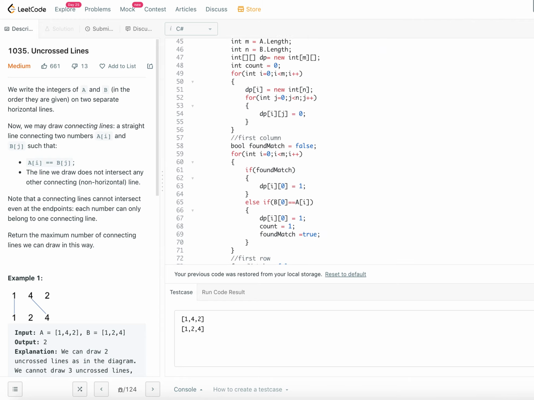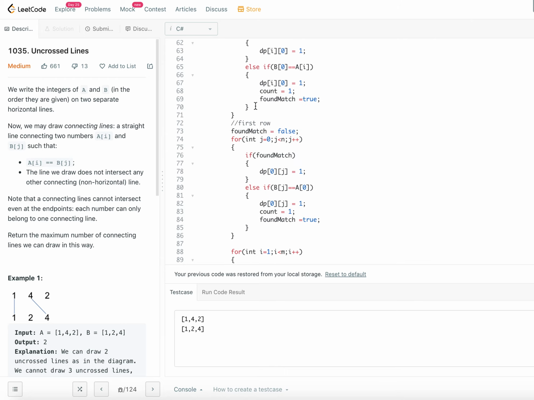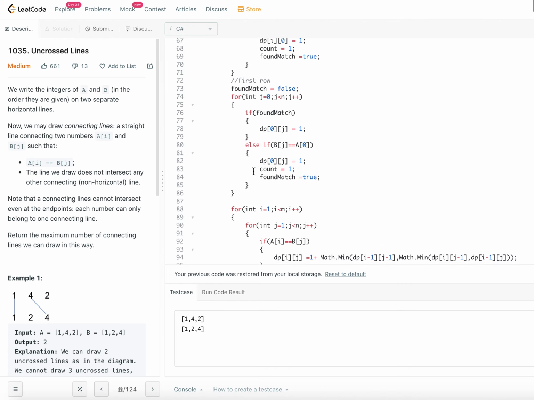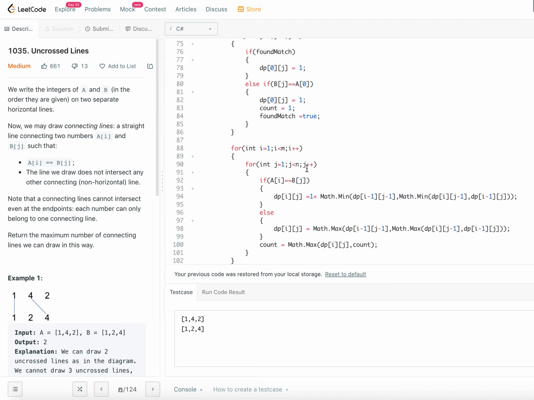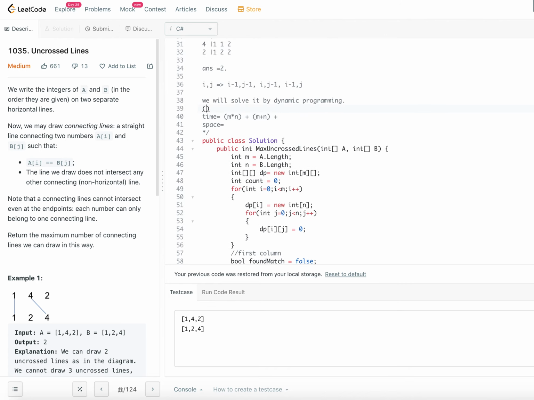Plus, to fill the first row, the time complexity is order of m. To fill the first column, it's order of n. So order of m plus n. Plus, the two for loops from 1 to m and 1 to n, that means m minus 1 into n minus 1.